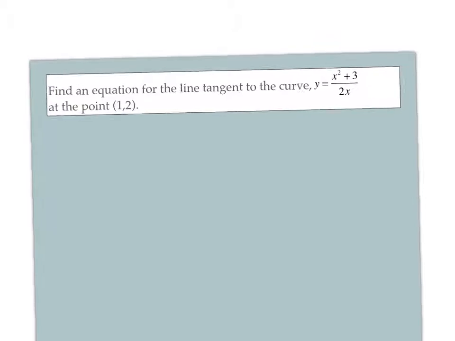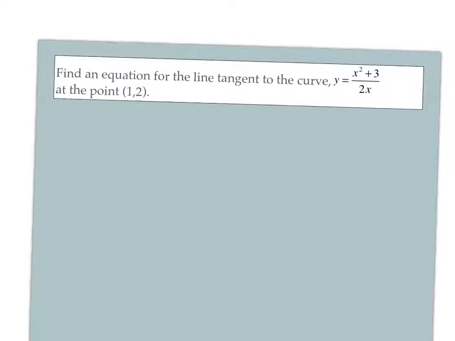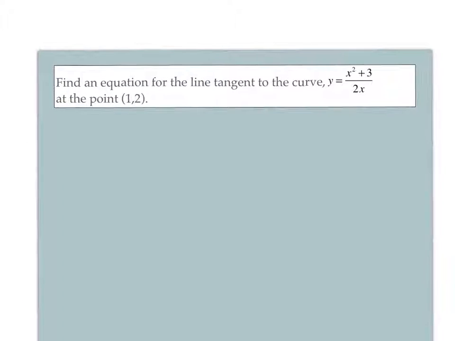Hey, here we have one. This is a quotient rule problem. Find the equation for the line tangent to the curve y equals x squared plus 3 over 2x at the point 1, 2. So as soon as I see something like that, I think I need to do quotient rule, because it's a division. And line tangent just means that I need to find the derivative. So I find the derivative